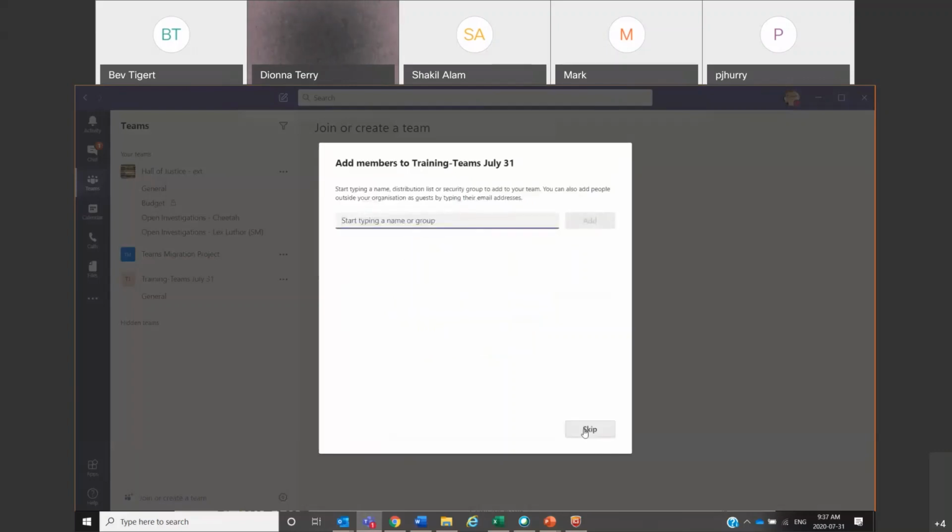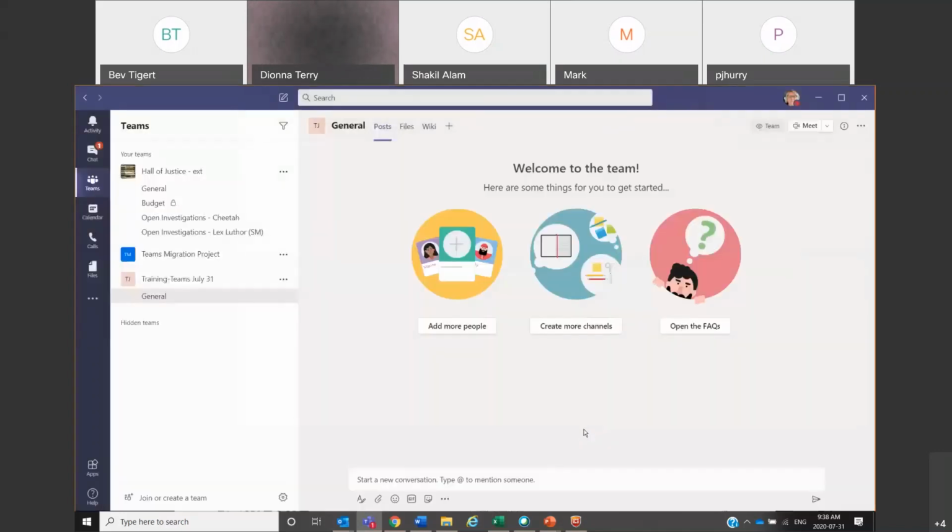Okay, so next you can add team members, but I don't want you to. I want you to be able, as a team owner, to set up the permissions on how you want things to be managed when people start joining and you're adding people to your teams. So for this particular part, we're always going to skip it. Because when you start inviting people and it's not set up correctly, people will go, whoa, I'm so excited, and jump in and start creating some channels. And then maybe you've lost some of the parameters that you may have wanted to set. So I'm going to click on skip.